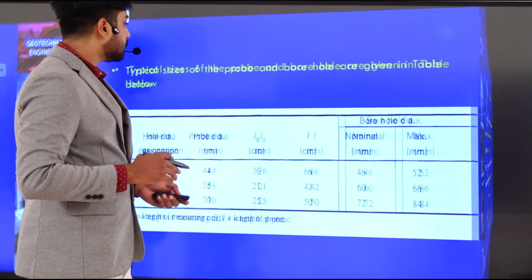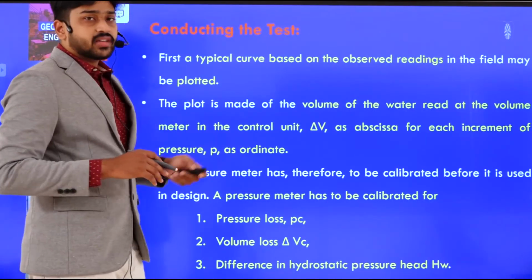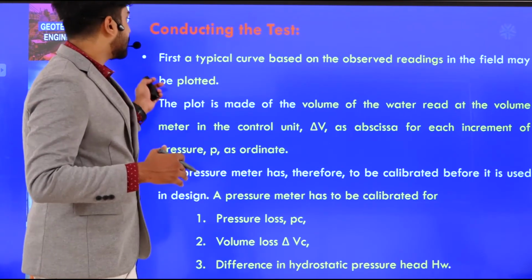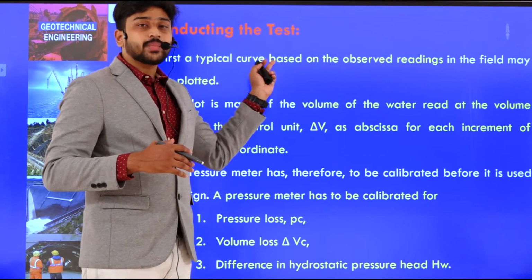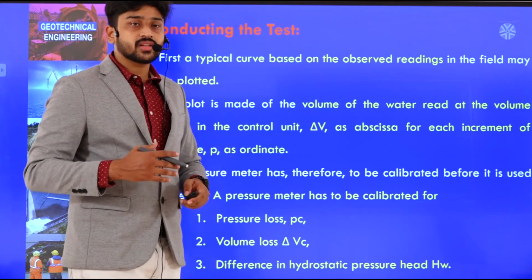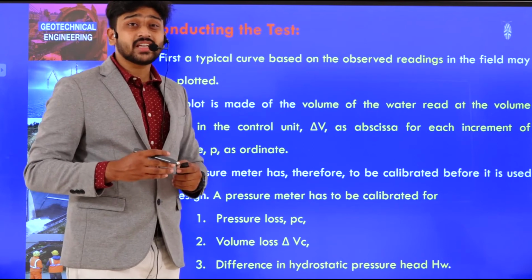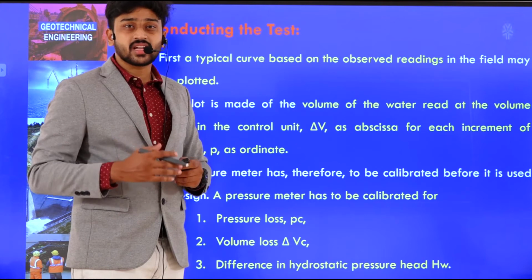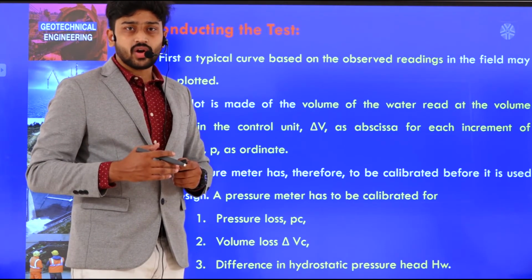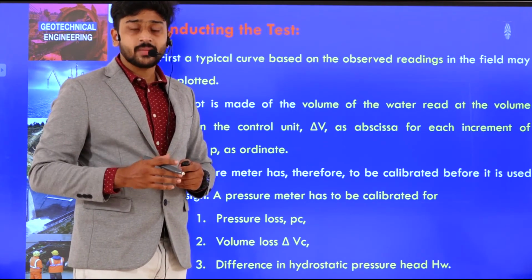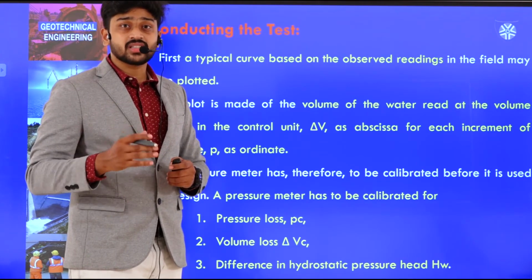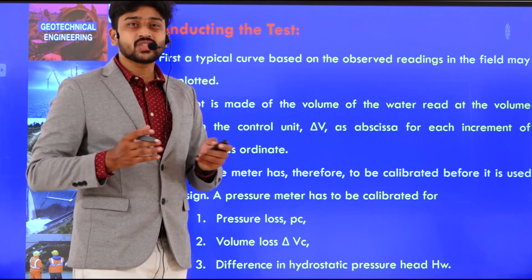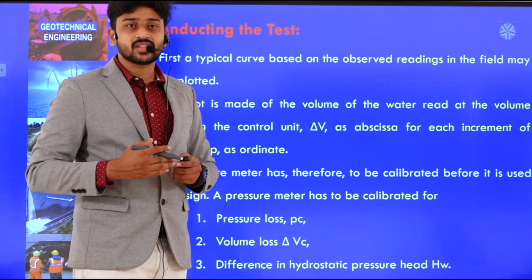Now coming to conducting the test, till now I have explained some of the procedure. Let us look at how it is done in more detail. After conducting the test, a typical curve is drawn. As I have stated, we can obtain the stress as well as the strain. The strain here is nothing but the change in volume to the original volume, which is obtained from the measuring cylinder, and the other one is the stress, that is nothing but the pressure applied as a water load. So with these two we can simply plot a stress strain curve.